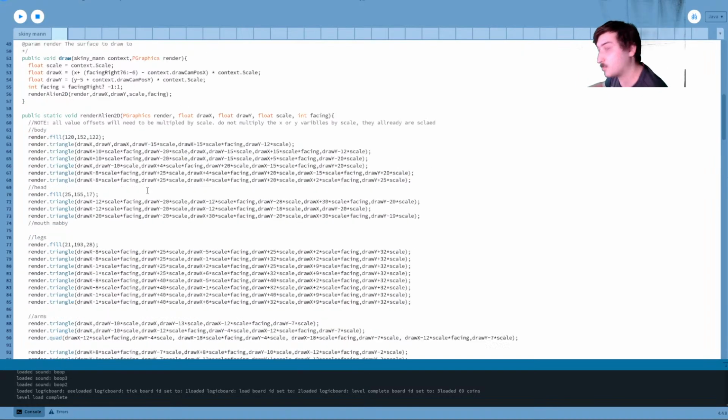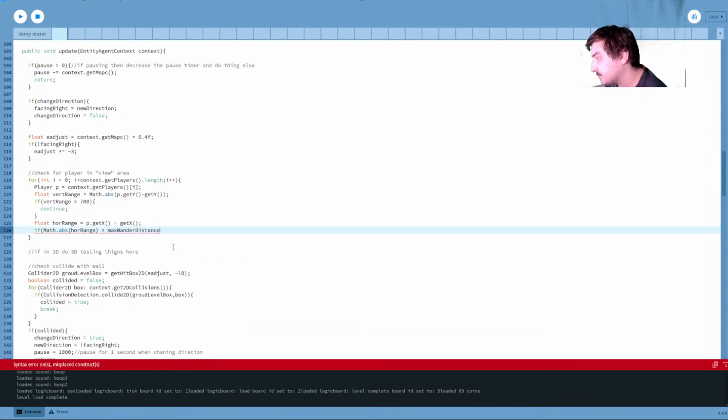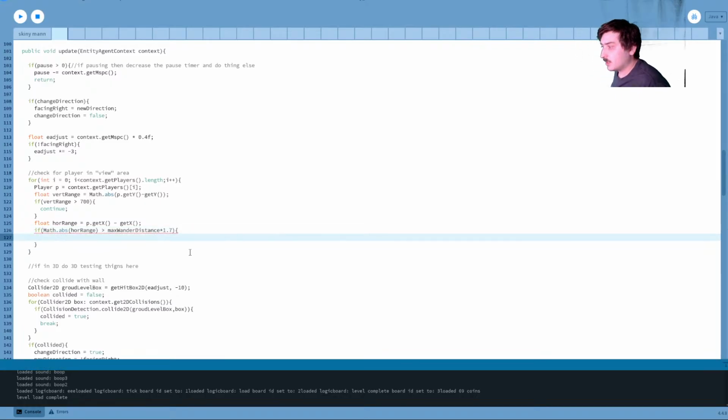Actually, let's use max wander distance. It's like 1.7. Let's do that. Because you don't want it to necessarily be able to detect you from completely the other side of its wandering range, but within a good chunk of the wandering range, I want it to be able to detect you.